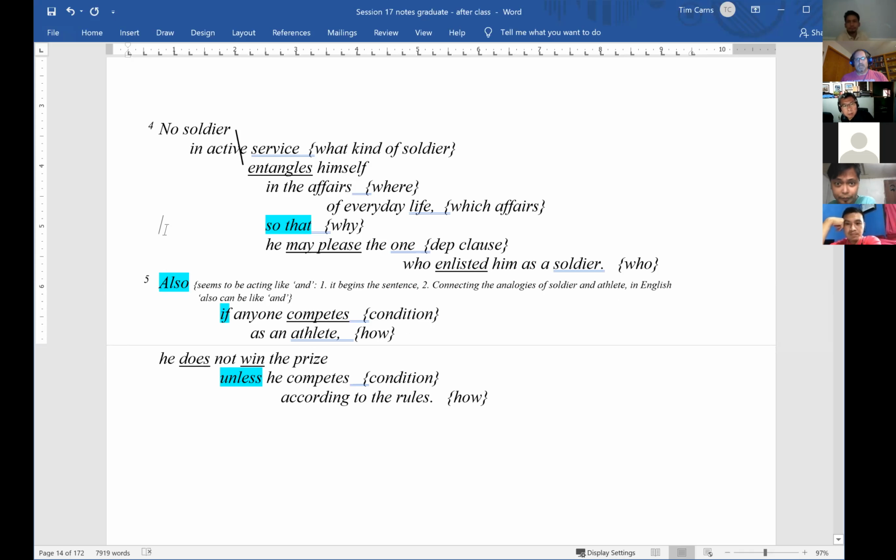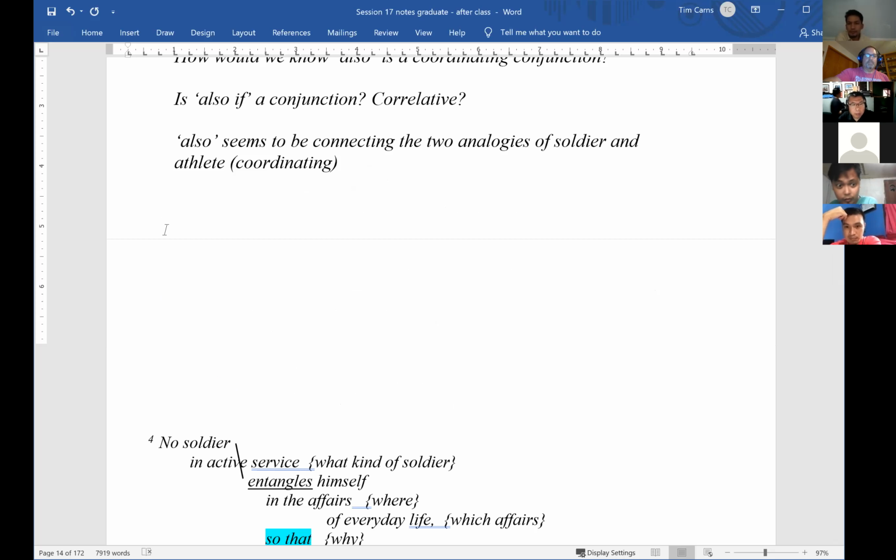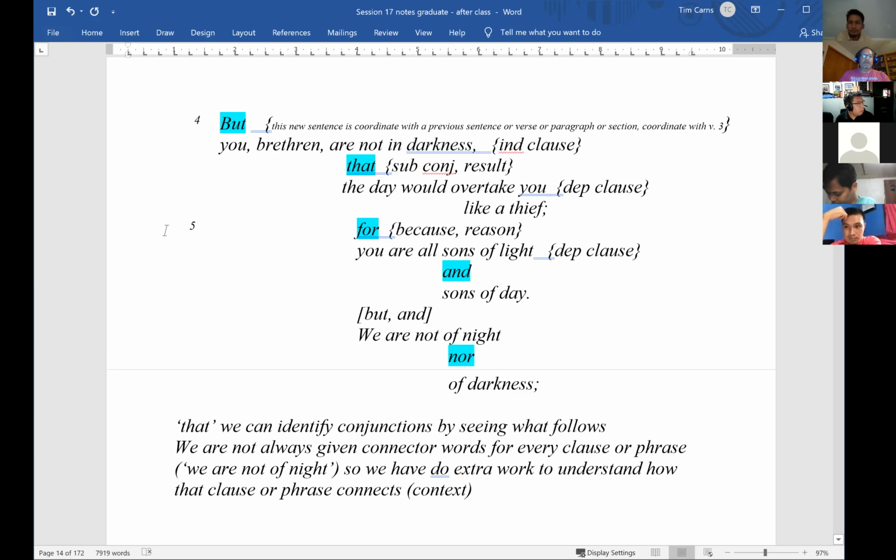Yeah, that's a good point. So now you guys are making arguments from what seems to fit the context, and that's good. That's what we like. In the last verse, when we were talking about we are not of night, and how that fits,